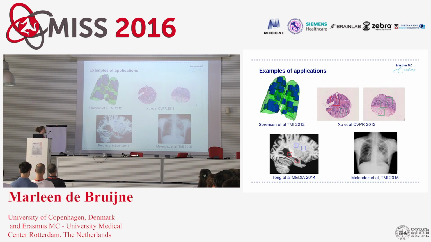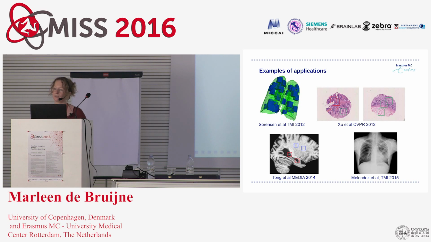Another example is in Alzheimer detection. This is from Dan Ruckert's group, so maybe you'll see something about it later. Where the instances are, in this case, patches in the image, the bags are images, and we know that some of these instances will be more important for the disease than others. So probably instances around the hippocampus will be more important than instances anywhere else in the brain. And if you don't have enough data to model all these relations, again, it may be good to just look